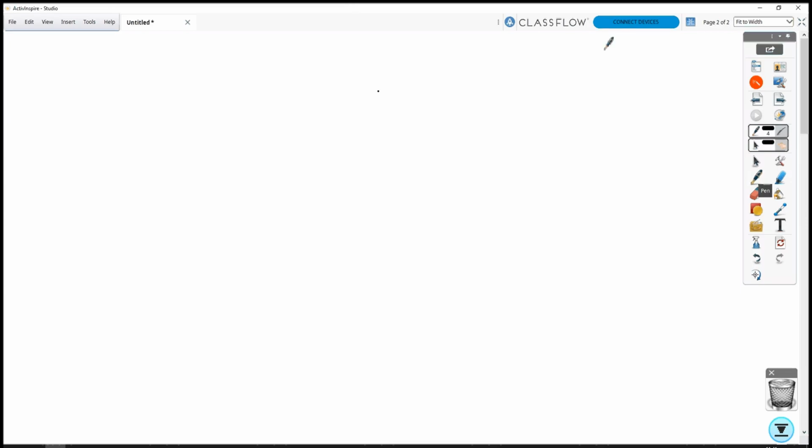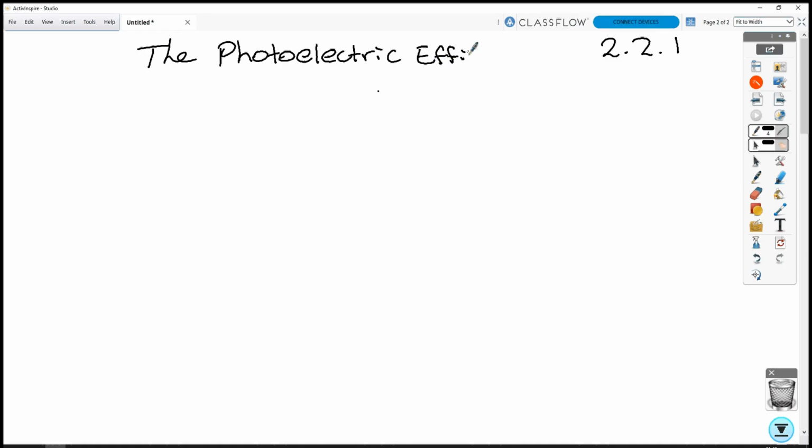Okay, this is 2.2.1, the photoelectric effect. Now, the idea behind today's lesson is the wave-particle duality of light, which basically means that previously, in your GCSE